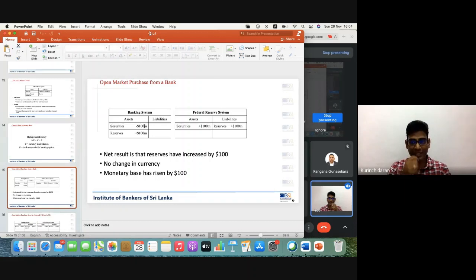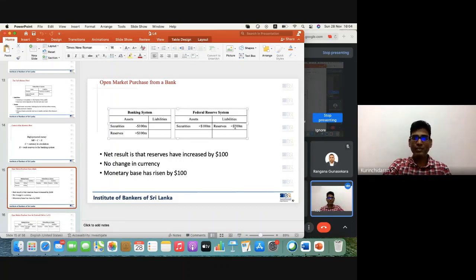We have already discussed the reserve account. You can recall it. The banks maintain an account in the central bank where they hold reserves. That's a statutory reserve. Now within the bank balance sheet, on the asset side, they credit securities and debit the reserve account. Here under the Federal Reserve, that means the central bank account, under liabilities, reserve is going to increase, because the central bank should pay back to the bank. That is a reserve, right?